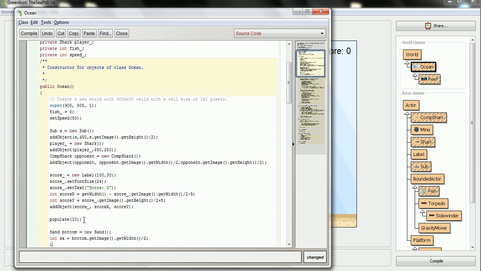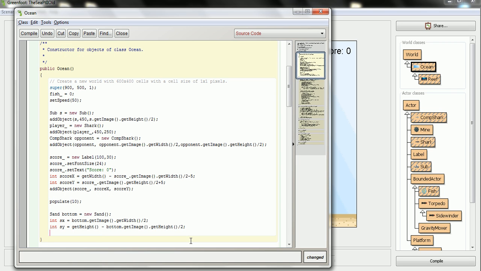And then sandY is going to be that image. I want to get its height divided by 2. And the thing is, I have to subtract this from the world, which is the ocean I'm in right now. So I'm going to say just get the height of the ocean and back off by half of its height, and that should put it straight onto the bottom. So then I can just say add the object, the bottom, sandX, sandY,